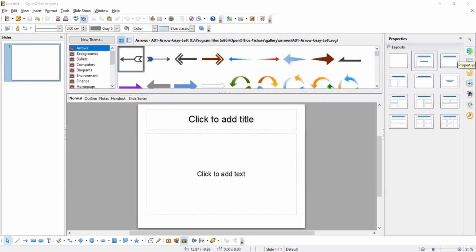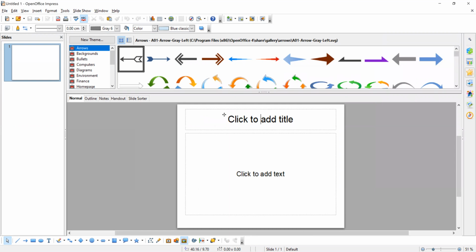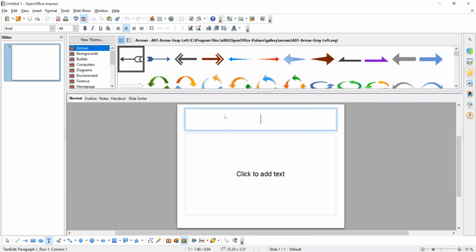In that, the star icon is custom animation. Since we have not selected anything, it's not highlighted. Practicals we'll do later.